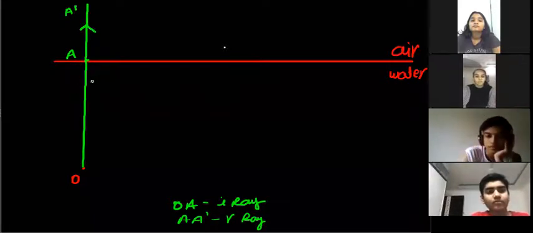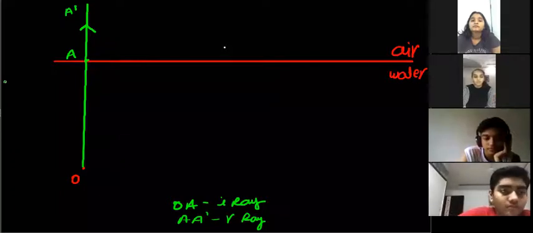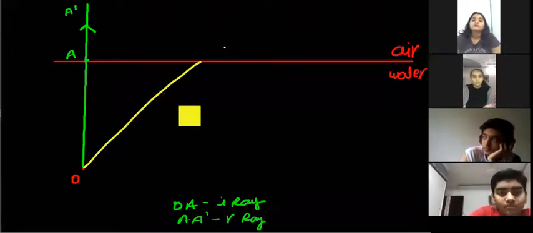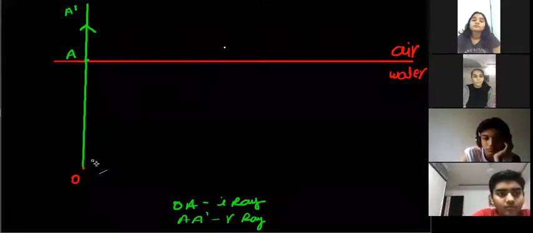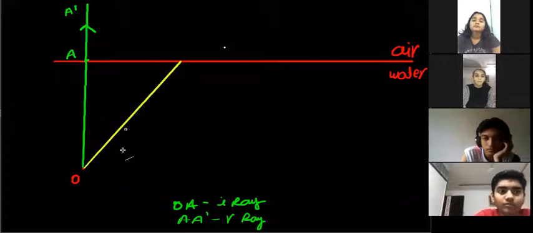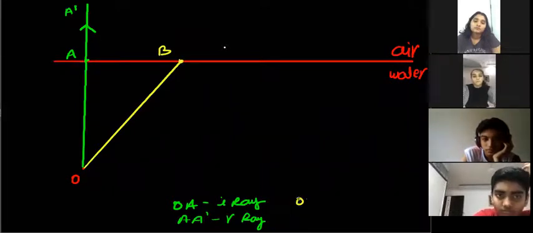Now we need two rays of light. So let's take one more ray of light. Again, it has to start from O, and I'm going to say it goes all the way up to here. We can draw anywhere. I'm just drawing it far apart so we can draw properly everything. Okay, and let's label this as our second point of incidence B. So now OB is our incident ray.